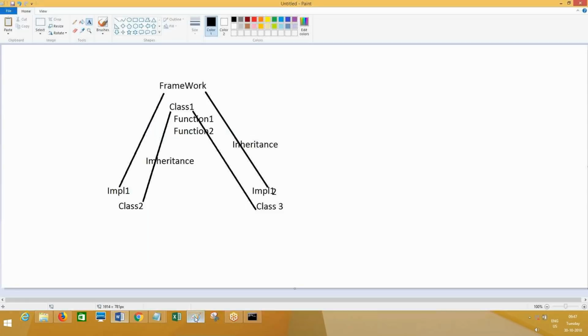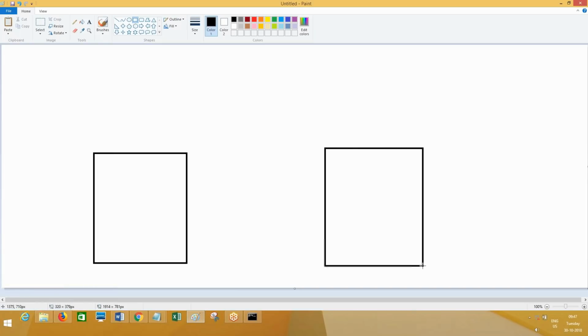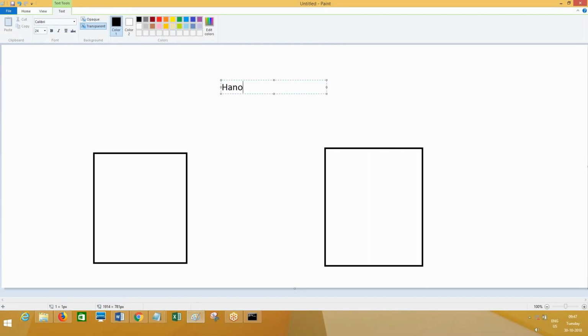Let me draw this diagram. Okay, just let it make some sense in the class names. With respect to class names, I'll draw this. Now this is the one, and this. Okay, I'm sorry. So here you go. Hano. Not here. Here. Hano.